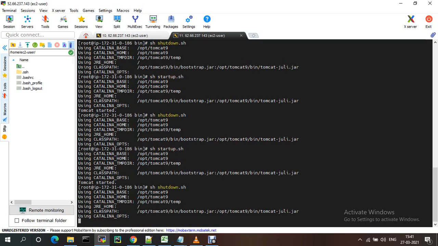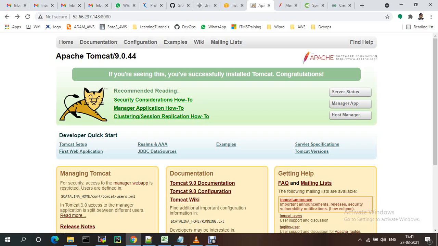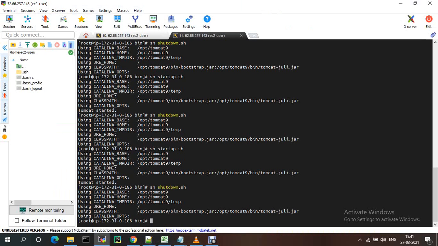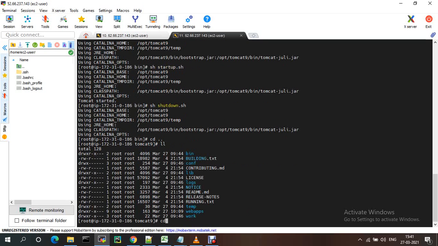I just stopped the Tomcat. If you refresh it, we are not able to access that one, since I have stopped it. For this change, just go to the configuration folder, cd conf.